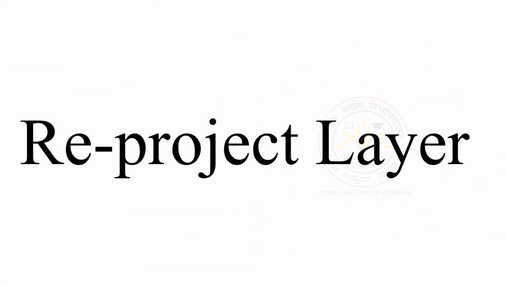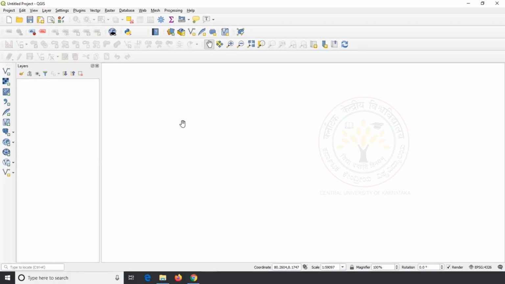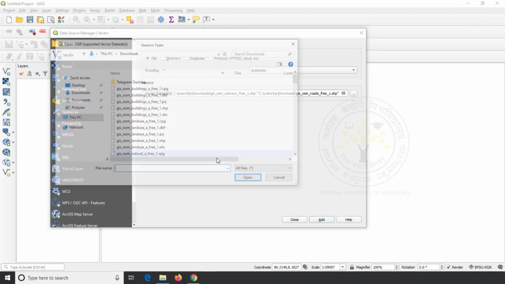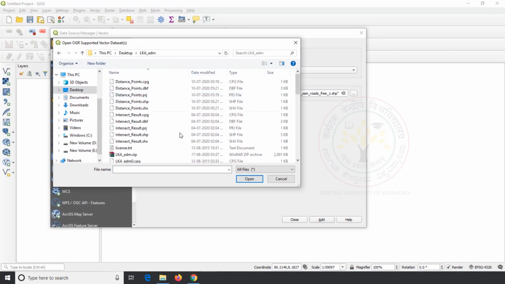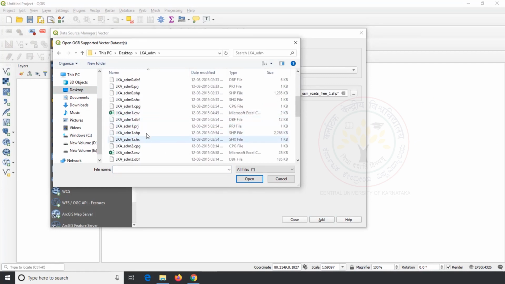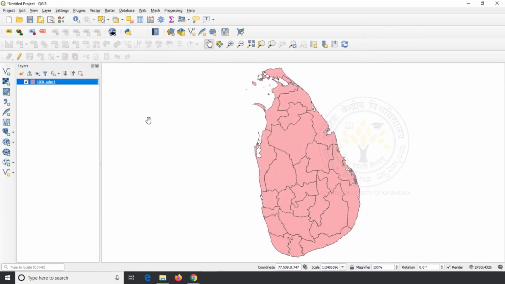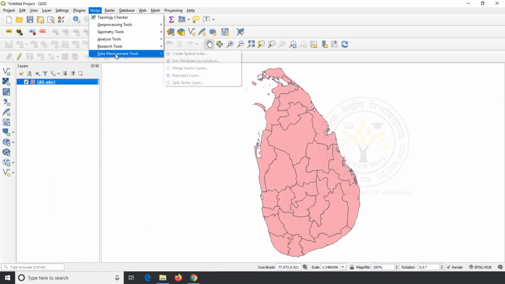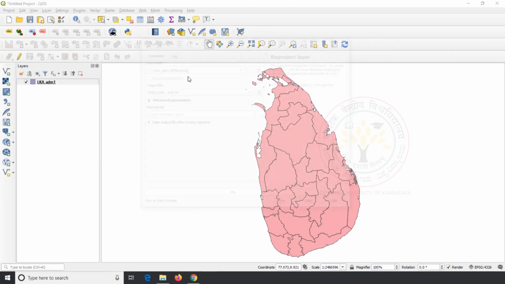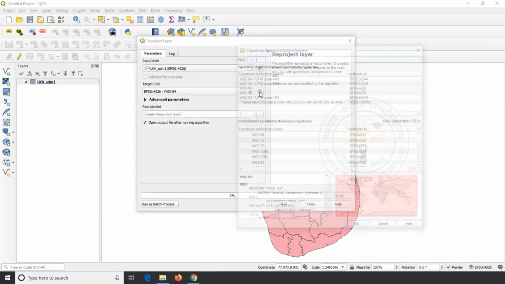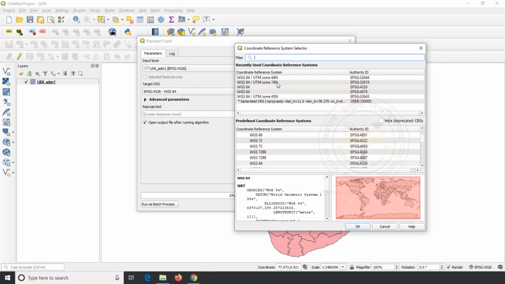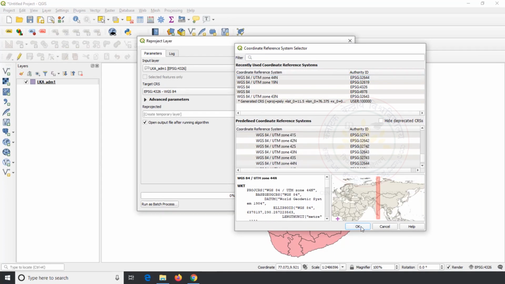Reproject layer tool is used to reproject the data. I use admin underscore 1 as input data and define the target CRS as WGS 84 UTM 44 North.